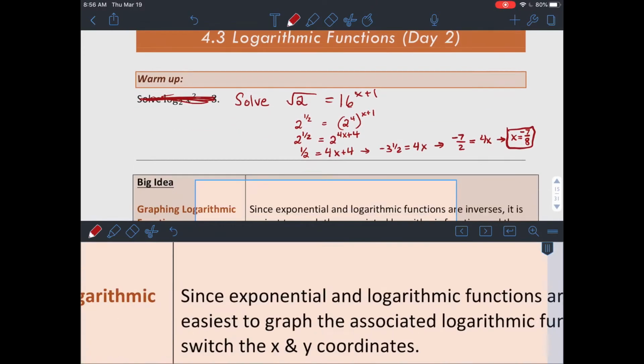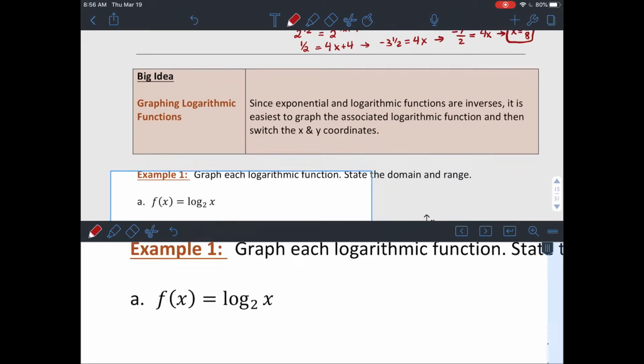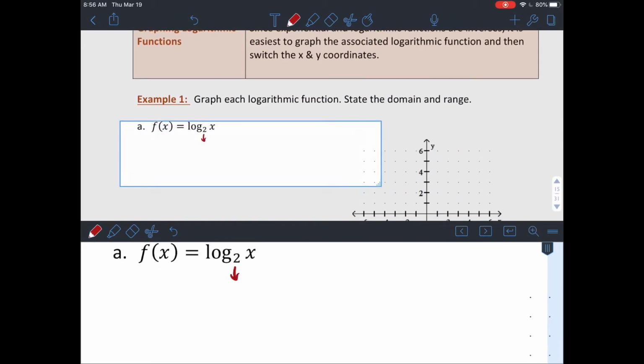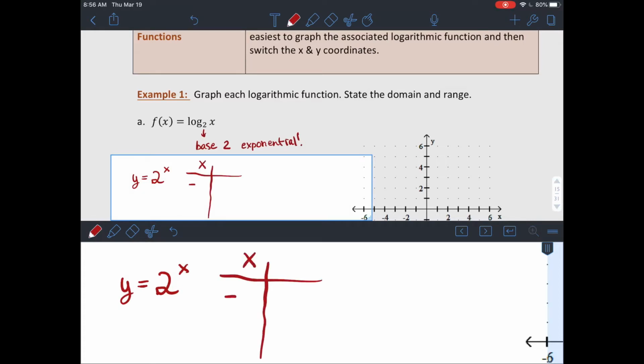Today we're going to discuss some more logarithms. We're going to graph them first. So when you graph a logarithm, I would use your equivalent exponential function, get its points, and then since they're inverses, you can just swap your x and y coordinates, and those will be the points on the graph of your logarithm. So I'm going to do 2 to the x power with the x values of -1, 0, and 1,